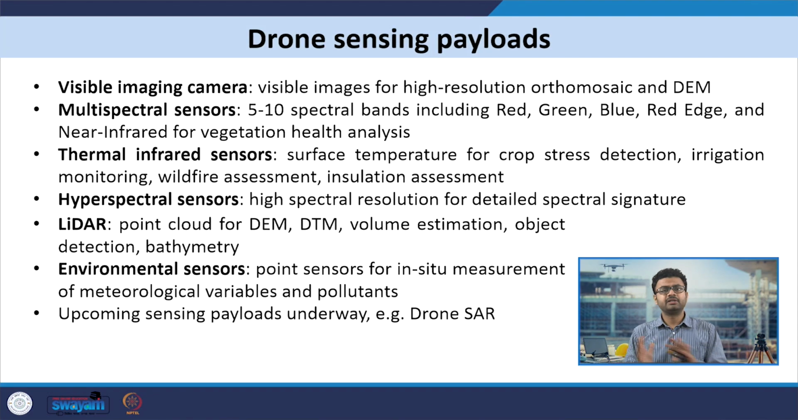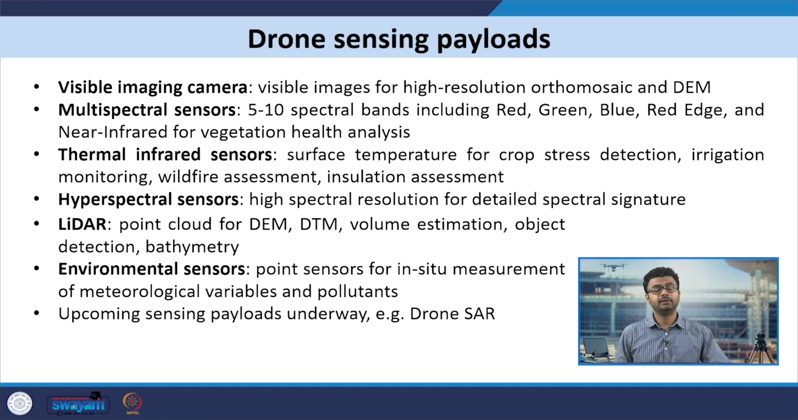So, in the previous lectures, we have already studied about some of these drone sensing payloads. For example, visible imaging camera, which provides orthomosaic and DEM using the visible images. Then there is multispectral sensors, which provides spectral band in red, green, blue, red edge and near infrared, which can be used for vegetation health analysis. There is also thermal infrared sensor, which provides surface temperature for crop stress detection, irrigation monitoring, wildfire assessment or building